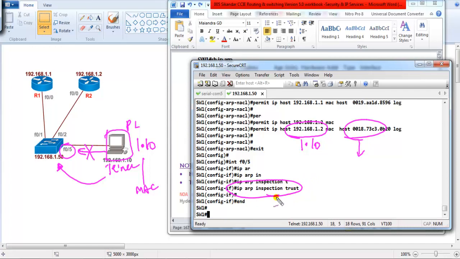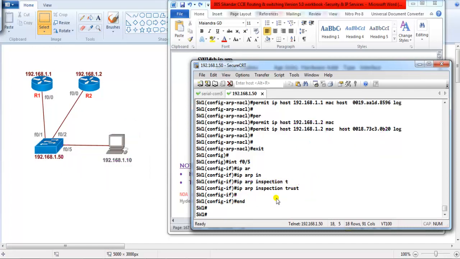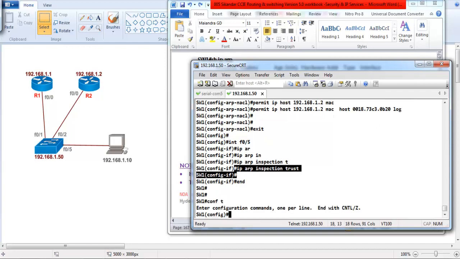IP ARP inspection trust. Now, there are some interfaces like gateways. Probably you may not want those gateway interfaces to do the inspection. In that case, we can configure those particular interfaces as IP ARP inspection trust. Now, once we configure this, the next step will be